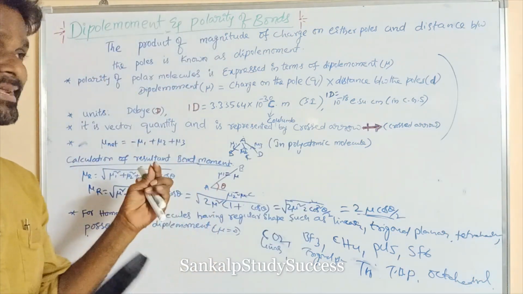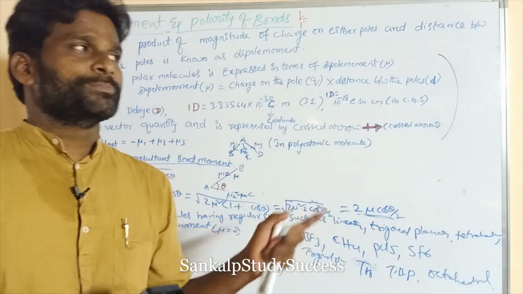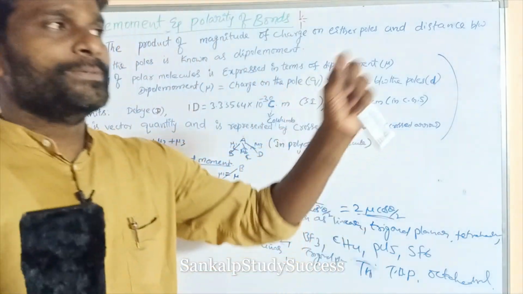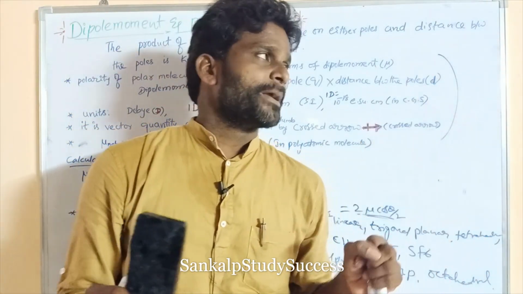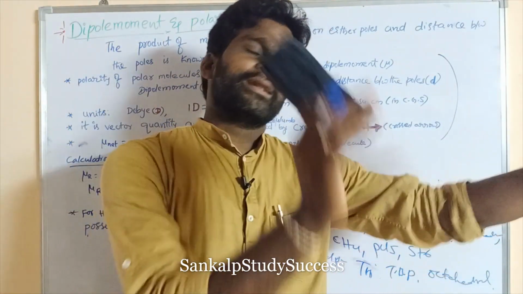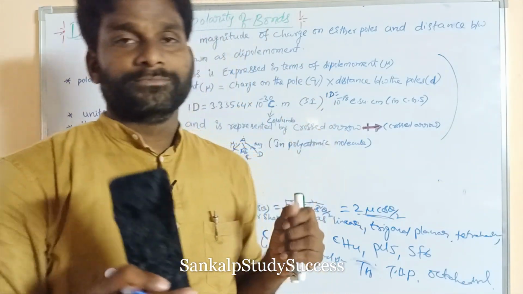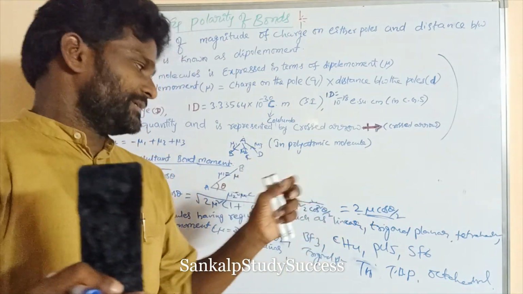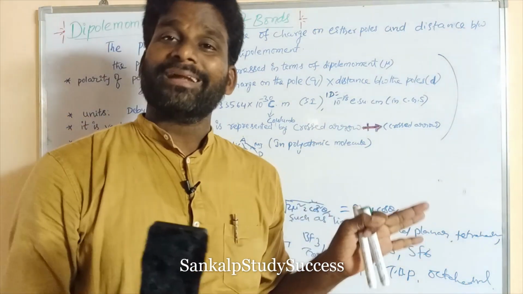If the molecule does not contain lone pairs, its shape is said to be a regular shape, like sp hybridization, linear; sp2 hybridization, trigonal planar; sp3 hybridization, tetrahedral; sp3d hybridization, trigonal bipyramidal; and sp3d2 hybridization, octahedral. These are said to be regular shapes. If the molecule contains a lone pair on the central atom, then that molecule possesses a distorted shape or irregular shape.